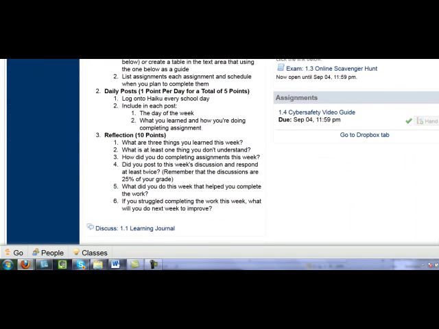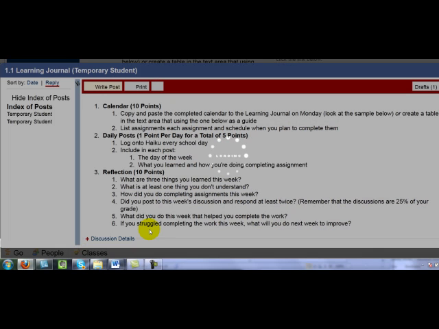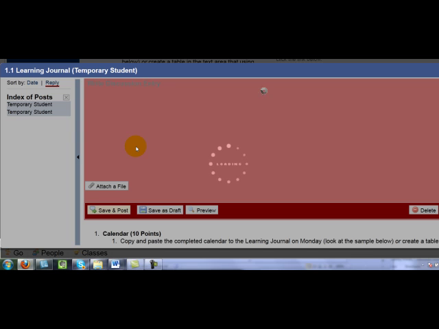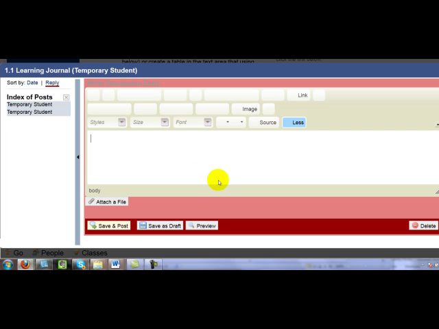So what you're going to do to begin is you're going to go down here where it says Discuss Learning Journal, and you're going to click that. You're going to choose Write Post. You can submit your calendar two different ways. You can create a table into the text area, and I will show you how to do that, and then you can transfer the information from your table into this table, or you can copy and paste the table that you already created. So I'm going to show you how to